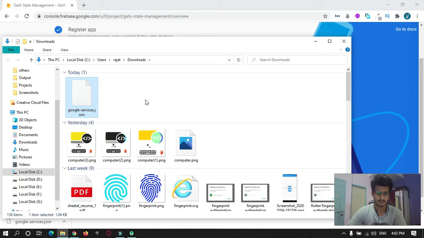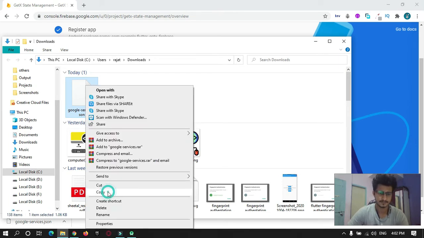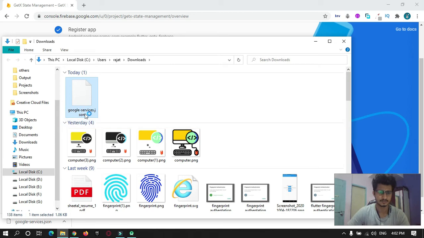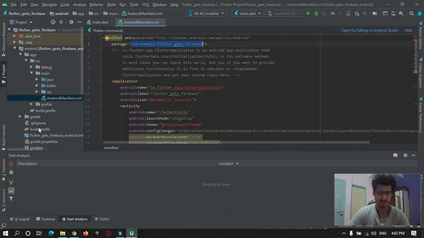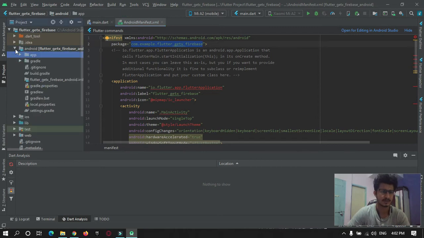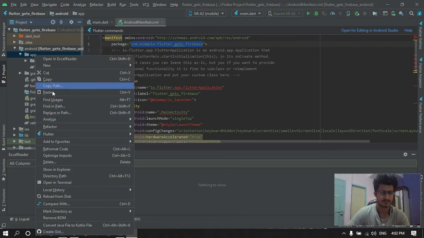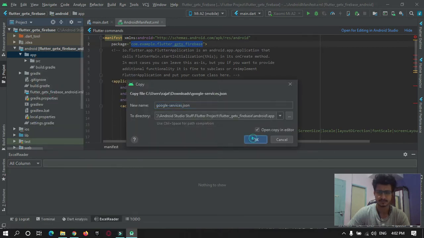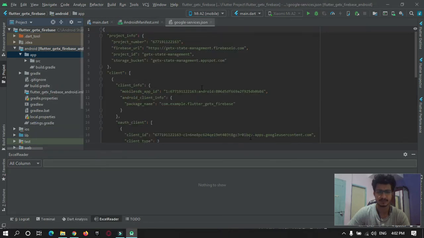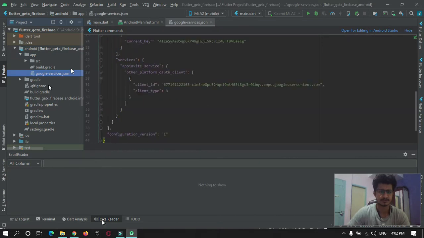Then copy this google-services.json file and go into your Flutter project, under the Android app folder, and just paste it over here in this app folder. Paste. Then hit OK. This has been pasted.